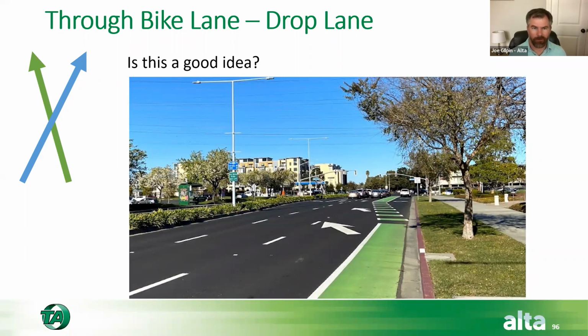This is a little bit unclear from a vehicle code perspective because the bicyclist is going on the through path, but the car is also potentially going through or potentially turning. So it would probably be legally the right of way for the bicyclist, but from a vehicle perspective, that's not exactly clear either. So this is one of the only things that the NACTO bike guide says don't do specifically